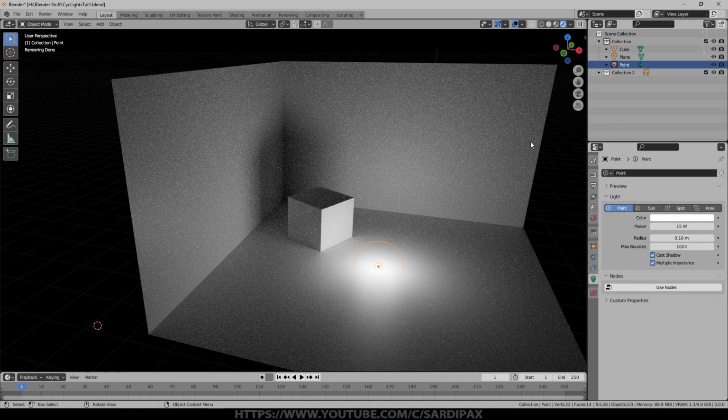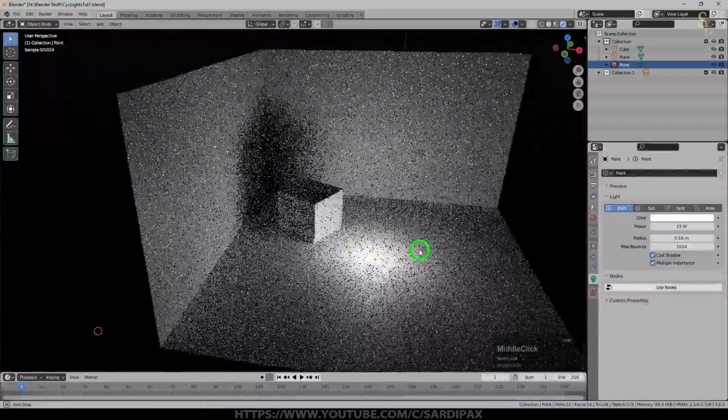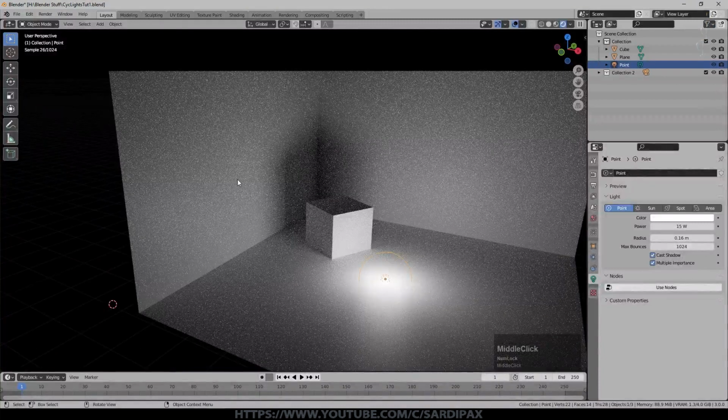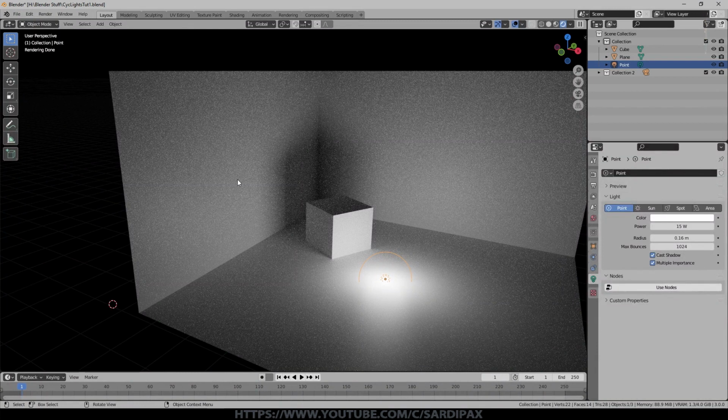So you need to be able to make a sort of approximation of the whole scene and then do it again as you refine that approximation. And that's all done by randomly choosing rays to calculate across the scene. And that's what you'll see with Cycles. As I move around, for example, you can see it's having another go and having another go, and over time the scene gets better and better. And they've improved this quite a bit with Blender 3.